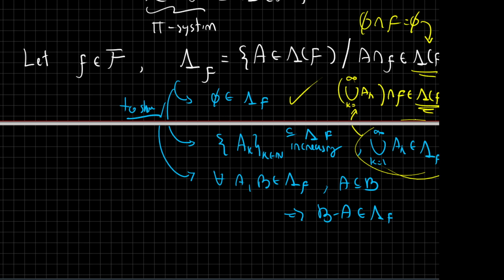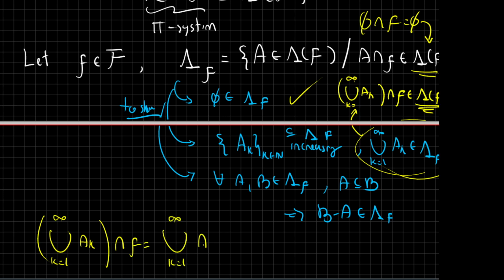So by property of unions, the union of this intersected with F is equal to this thing here,